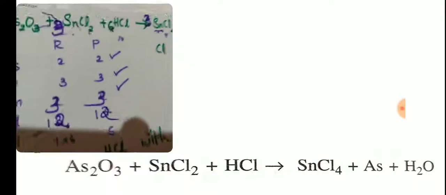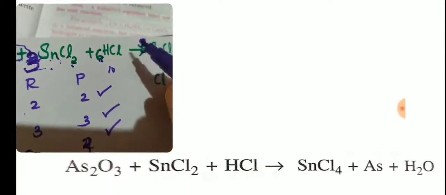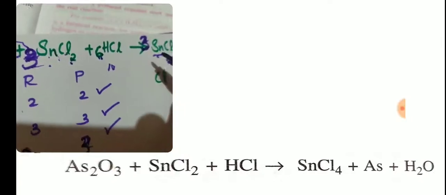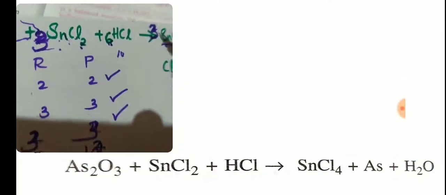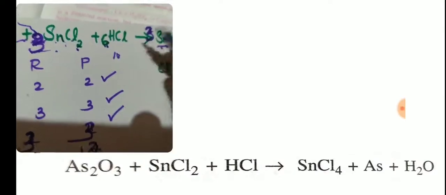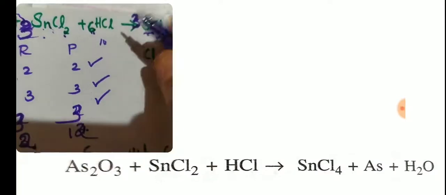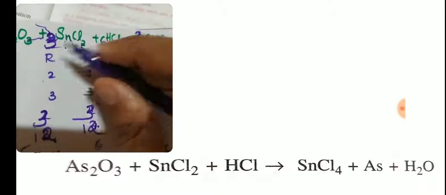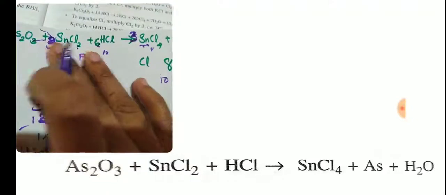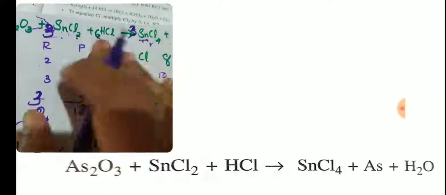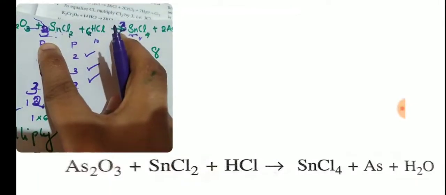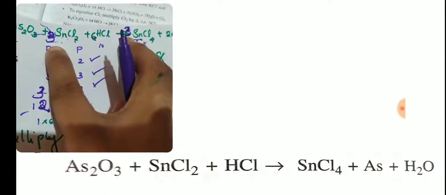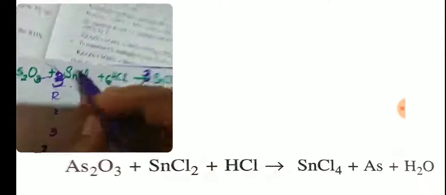First you have to try with 2. If 2 is not working, multiply with 3. If 3 is not working, multiply with 4. Like that, when you multiply, you will get the correct number. Like this way, we will get the balanced equation. This is the hit and trial method. After doing so many trials, we will get a proper answer. Here when we multiply with 2, we will not get the correct answer, but when we multiply with 3, we will get the correct answer. So this is the balanced equation.